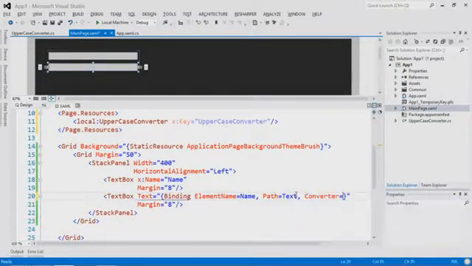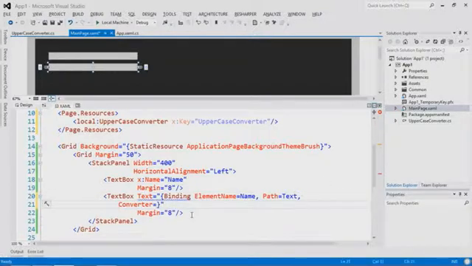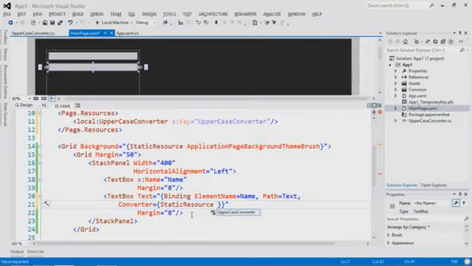So then the syntax to add a converter is just another binding parameter, and then you use another extension, static resource, and specify uppercase converter. That tells us that any time this binding expression is evaluated, we use this converter. So now if I run this,